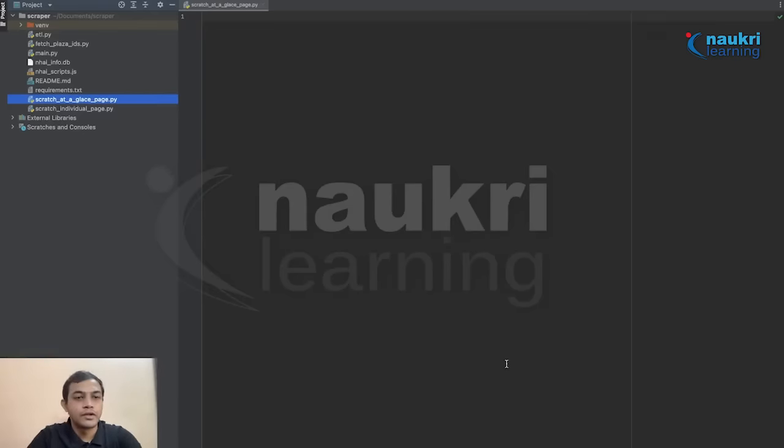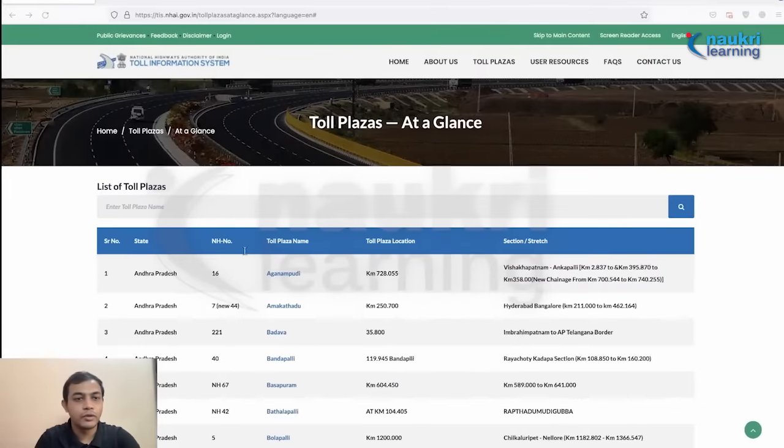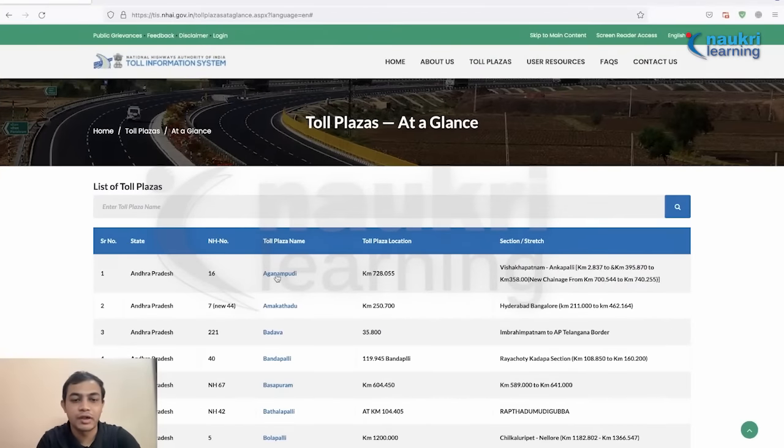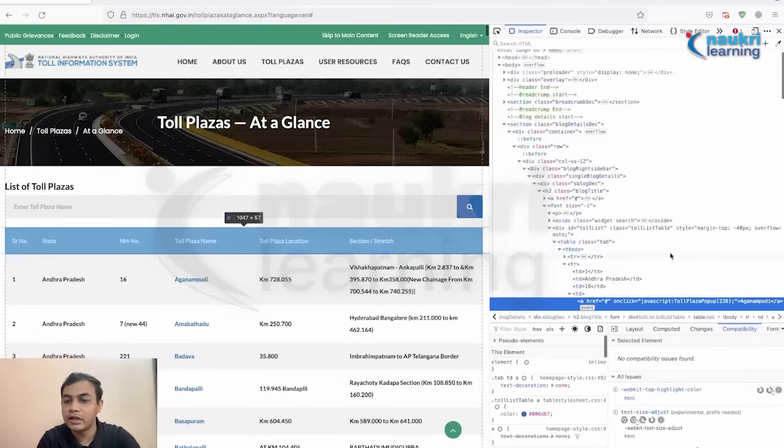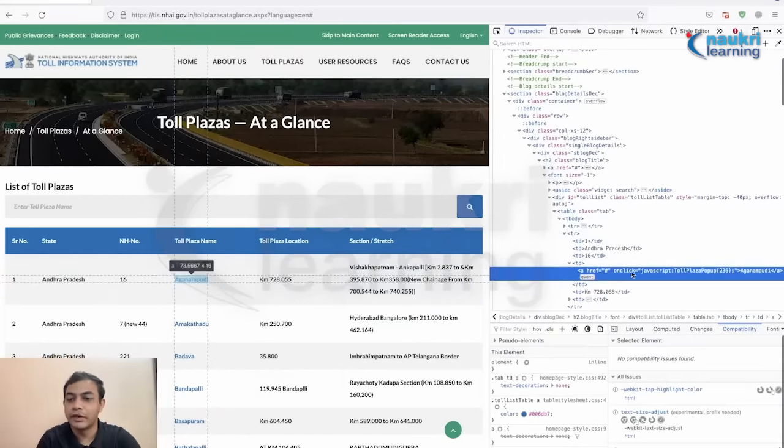Okay, cool. So now we are in PyCharm. I have created a new project and set up a new virtual environment for this project. So first we will try to scrape this list of all the toll plaza names and extract the toll plaza ID from this href anchor tag onclick